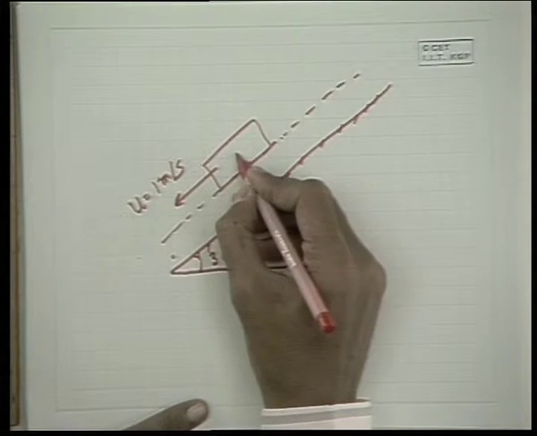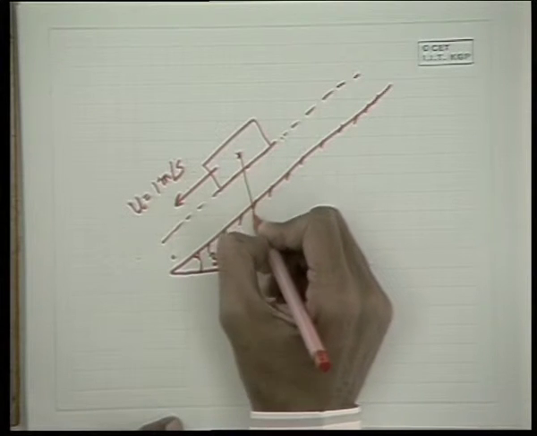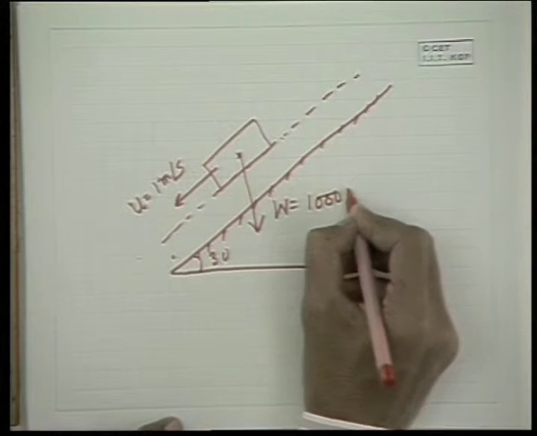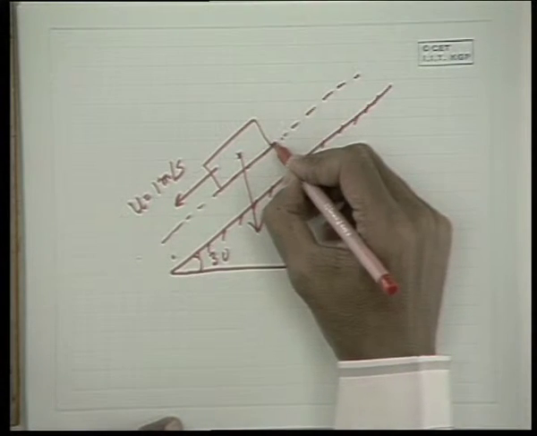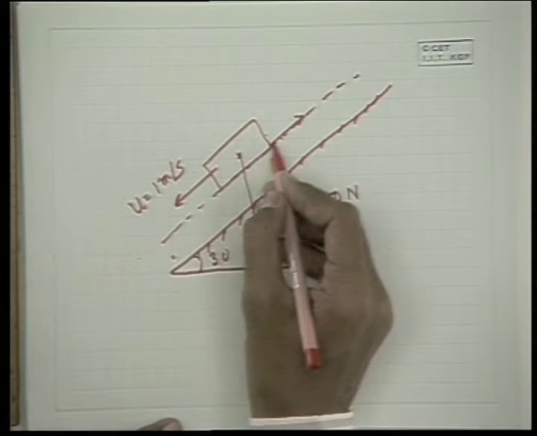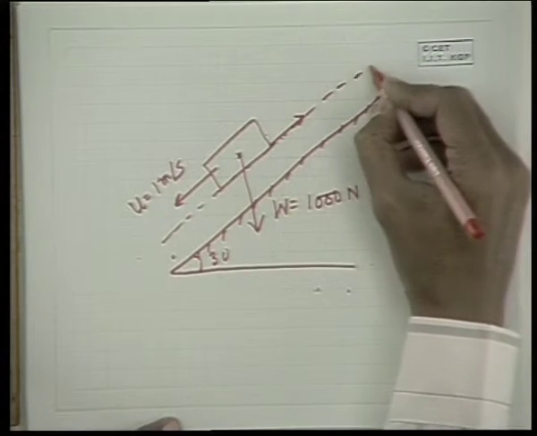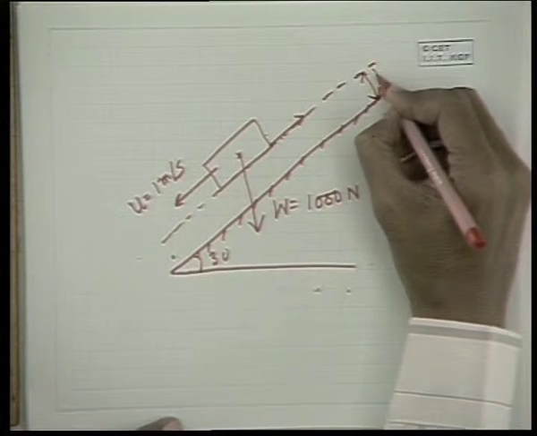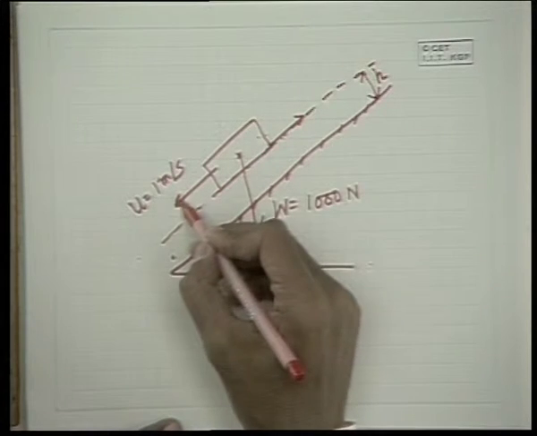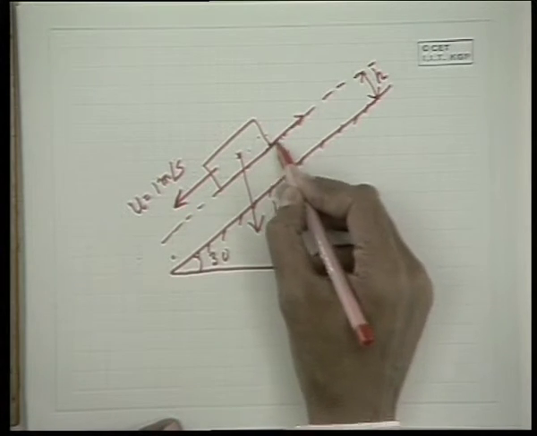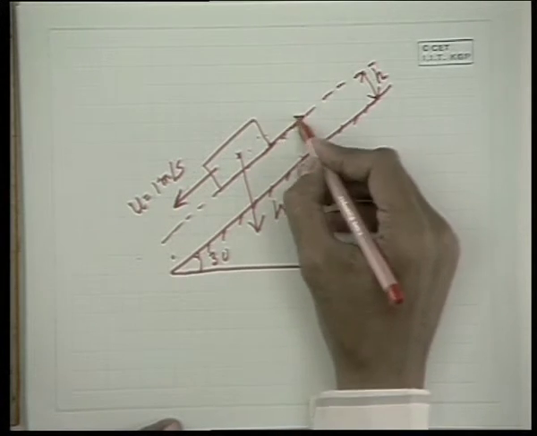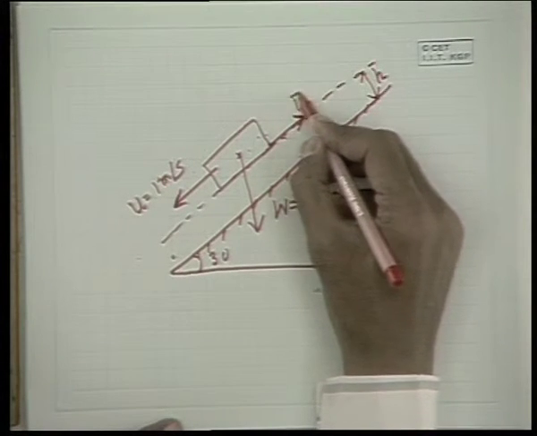Now what are the forces acting on the body? One is its weight acting downward, W is equal to 1000 Newton. Another is the drag force acting on the body, because the body is sliding down because of its weight over a liquid film whose thickness, let us say H, we have to find out. When the body moves down, this induces a flow in the liquid, and a shear stress field is generated. So this shear stress gives the opposing force F on the body.